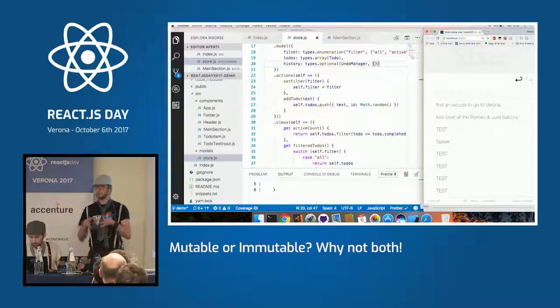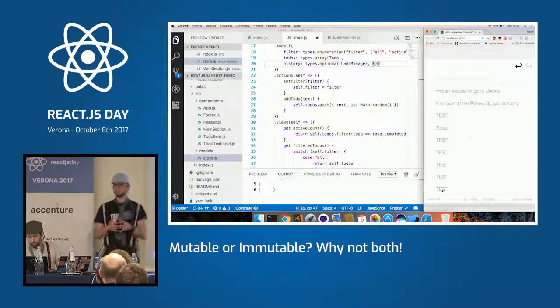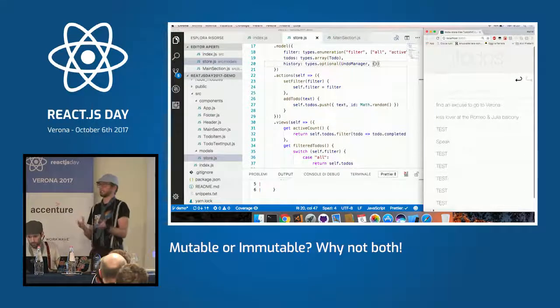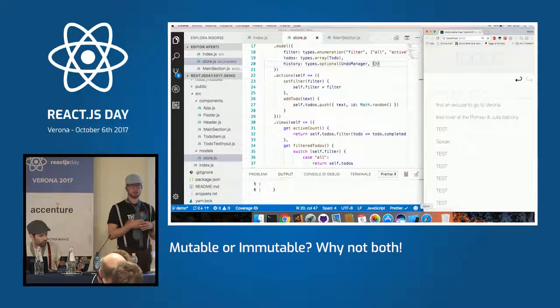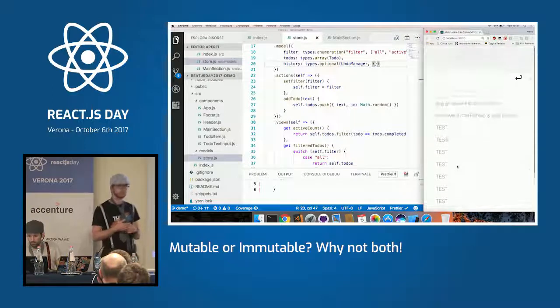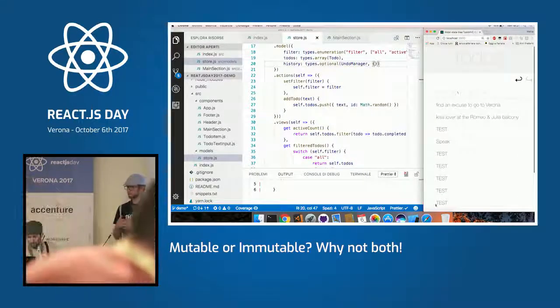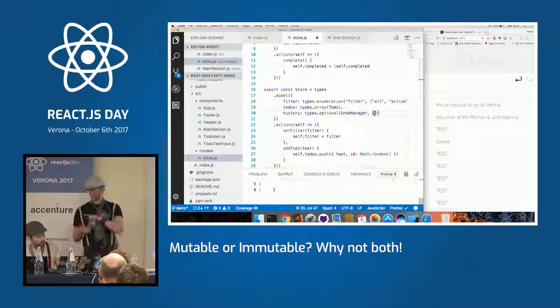And patches are very powerful, but the problem is you cannot get patches from immutable data, or at least you cannot get them cheaply. Because to produce a patch, to describe on this object that attribute has changed, you need to be able to listen to fine-grained changes in your state tree. And so that is something MobX can provide for us. And so if we take a quick look at the implementation of that undo manager,